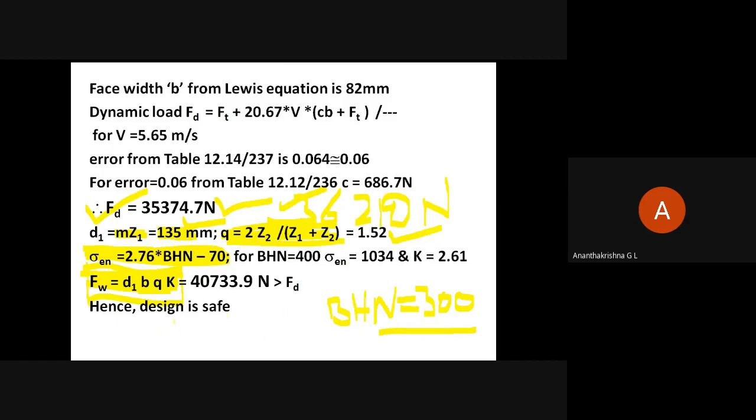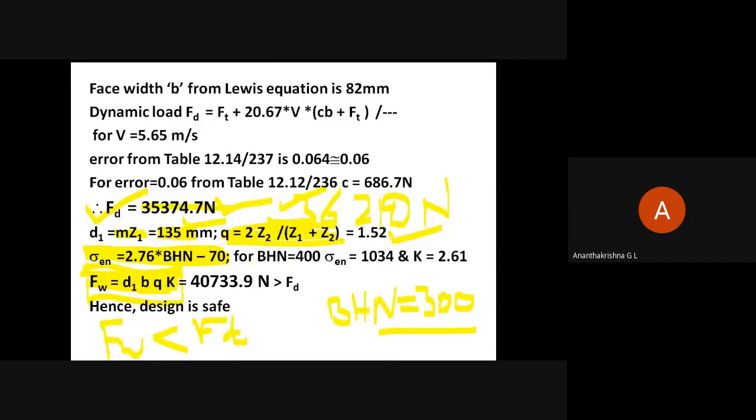So now others, have you got the answer of 23,600? Yes, sir. So most of them. So that means this 23,600 is the wear load. Okay, that is FW value is less than dynamic load, that is given by F. So dynamic load is 36,000, whereas wear load is only 23,000. So therefore it will wear out faster in dynamic loading condition.